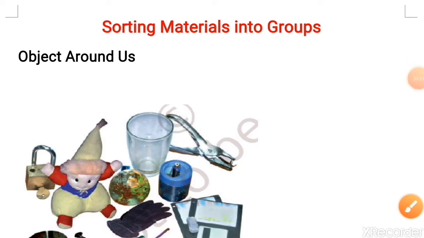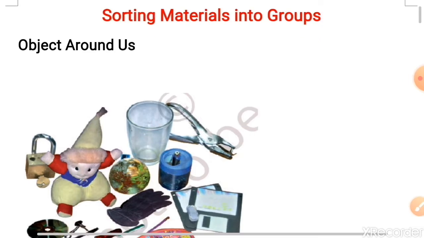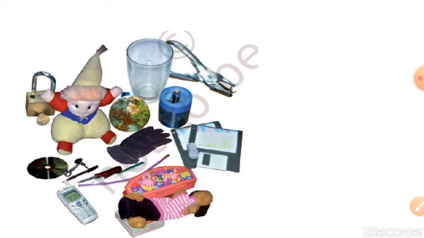Students, we are starting chapter 4, which is sorting material into groups. Our first topic is objects around us. Students, we have seen that our food and clothes have so much variety in them. Not just food and clothes, there is such a vast variety of objects everywhere. We see around us a chair, a cycle, table, cooking utensils, books, clothes, toys, water, stone, and many other objects. All these objects have different shapes, color, and uses.